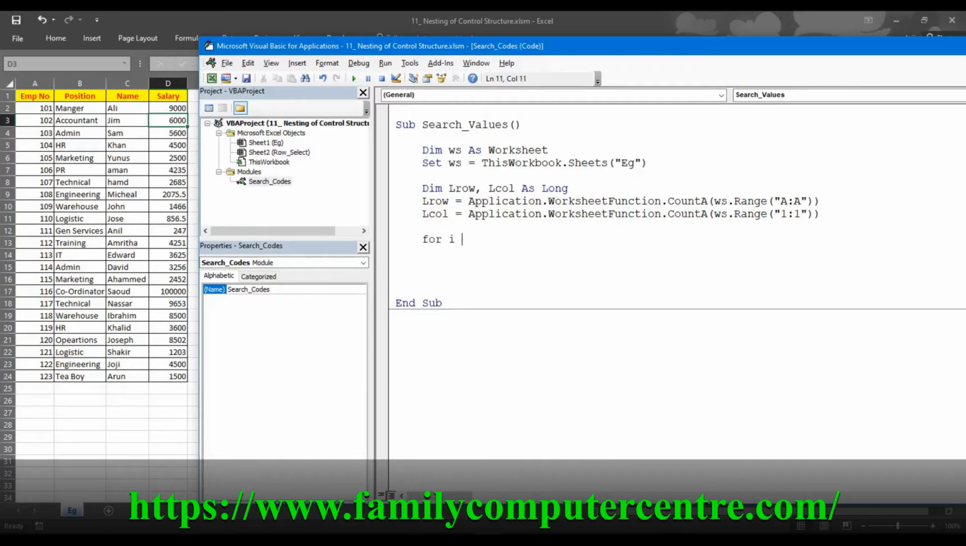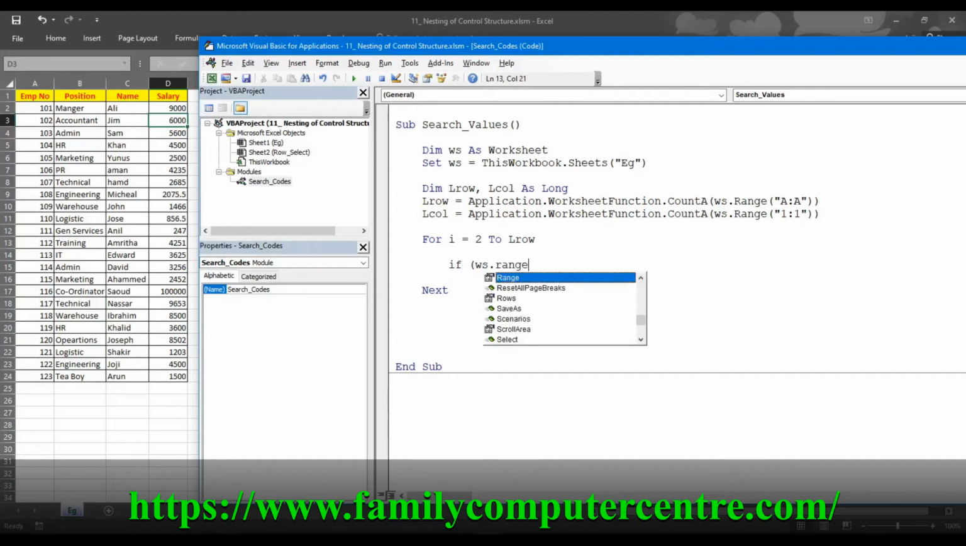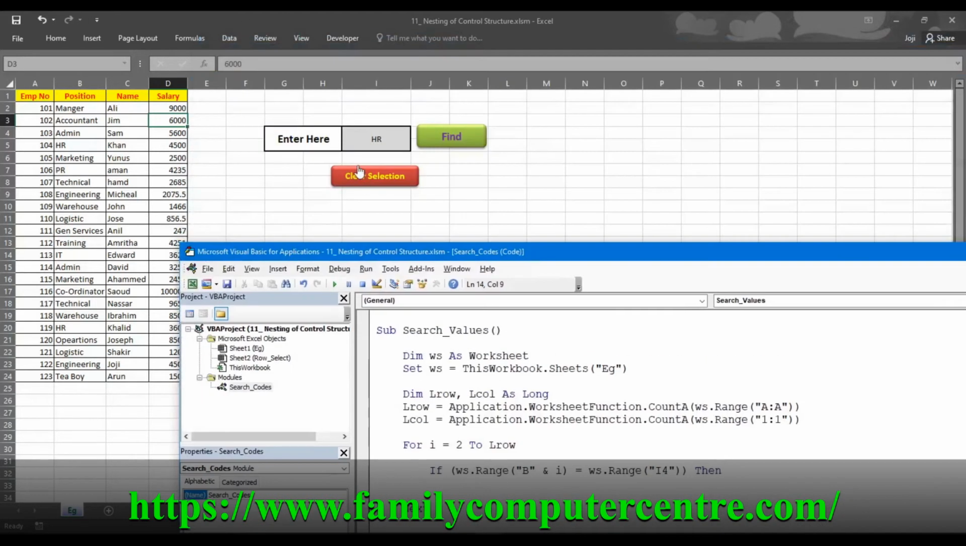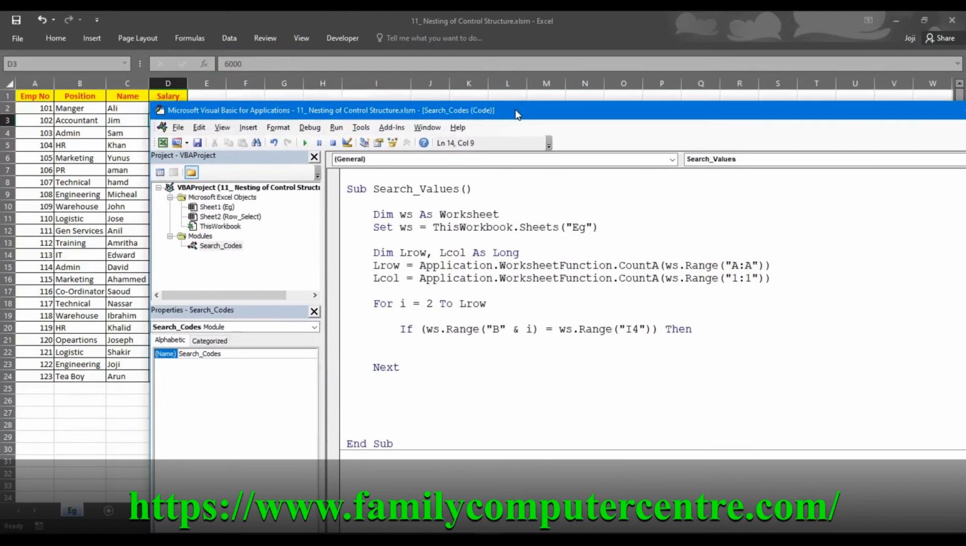Now I want to run a for loop starting from 2 to last row. And inside the for loop, I want to nest a decision. So if ws.Range("B" & i), which is the column of position, is equal to ws.Range("I4"), which is the range having our condition, then